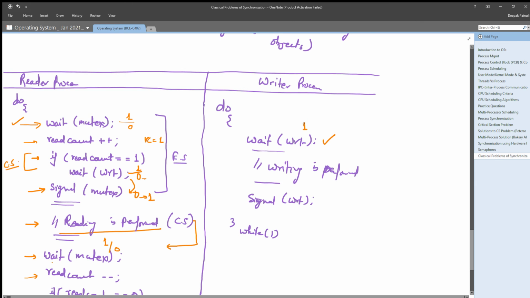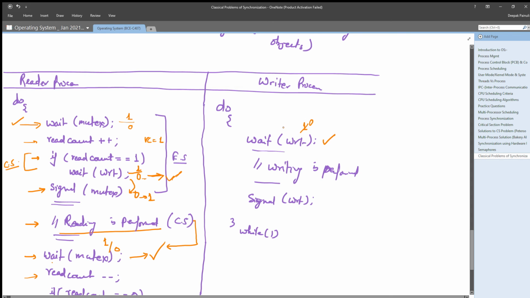If it gets WRT value 0, what does it simply mean? Either a reader has executed these two lines, and that means reading is in process, that is, the reader is reading that particular object.